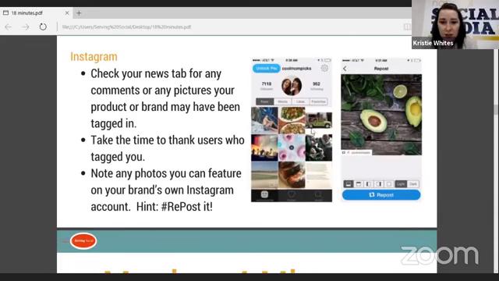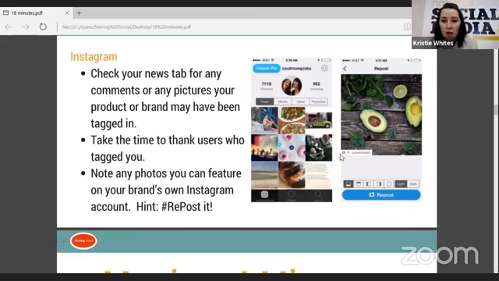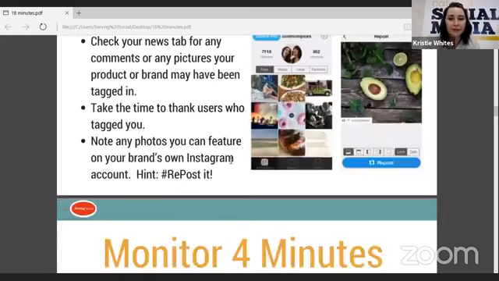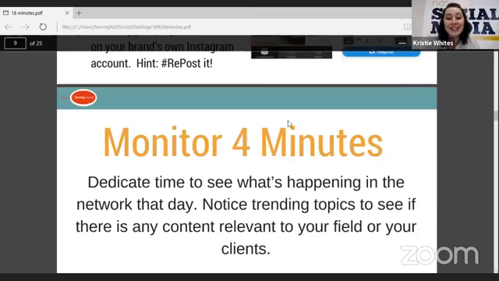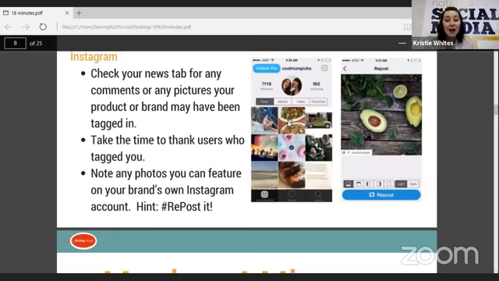So right here is the photo that was from this account that we reposted to our account. Now it shows up with this little white box down here at the bottom. That is giving attribution to who you shared it from, giving credit. So that's 6 minutes. All of this can happen in 6 minutes, because when you start making a habit and